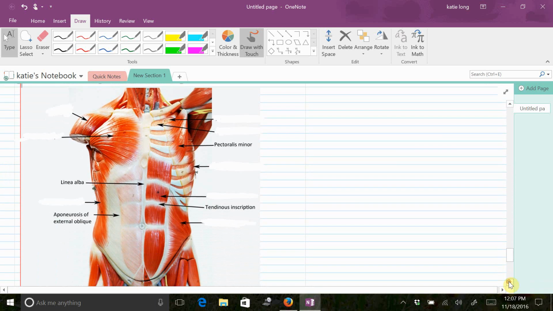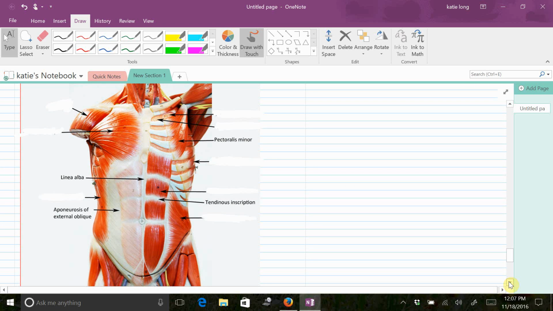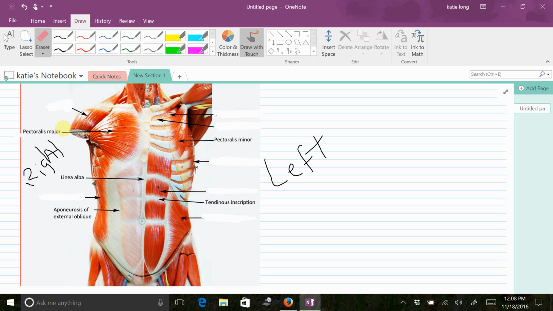Travel down here to the next image. So we are looking at an anterior or ventral view of your trunk. Earlier we were talking about your pecs, or your pectoralis major, your pectoral muscles, right? If we are looking here, we have, I apologize, the left side of the body and the right side of the body. So we'll stay on the right side here. And we have your pectoralis major,